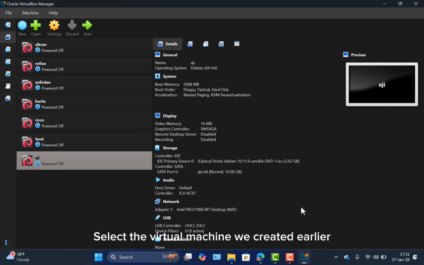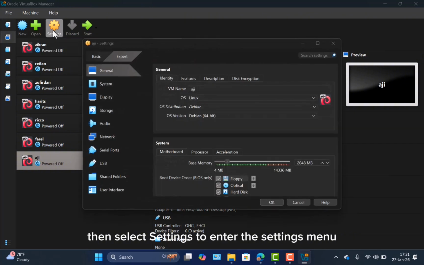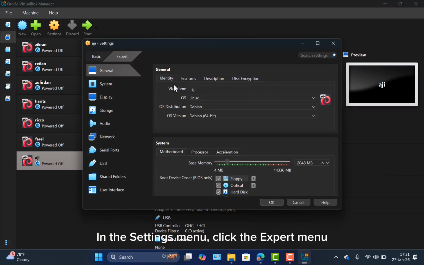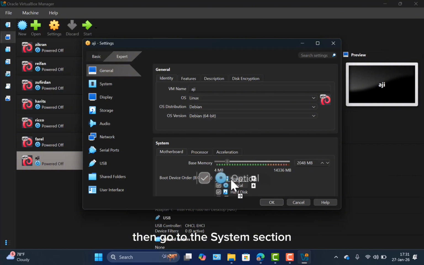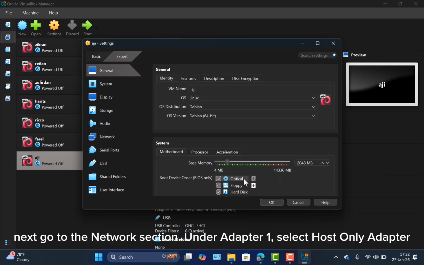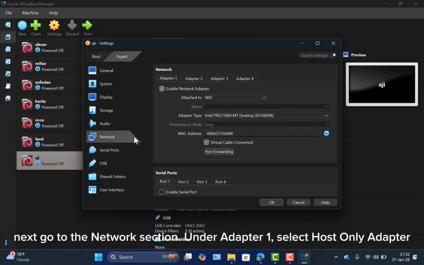Select the virtual machine we created earlier, then select the settings to enter the settings menu. In the settings menu, click the expert menu, then go to the system section. Click optical, move it to the top, and then select storage. Next, go to the network section.